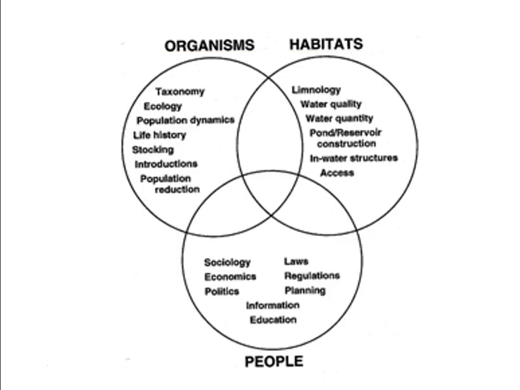And when we take a closer look at the organisms, we need to understand their taxonomy, things like how they're related to each other and how they're classified and named, their ecology, how they interact with each other and their environment, population dynamics, how the size of the groups change over time, their life histories, the age at which they reproduce, the age at which they die, or